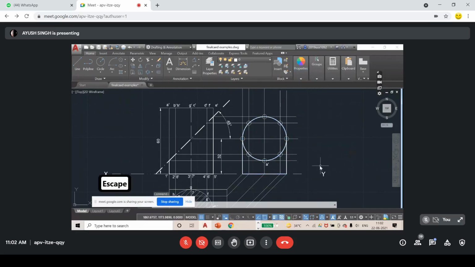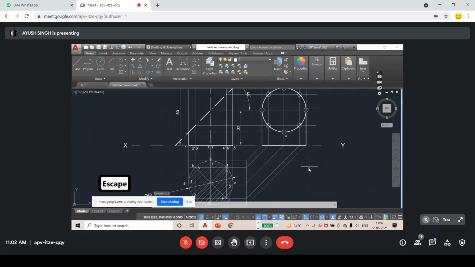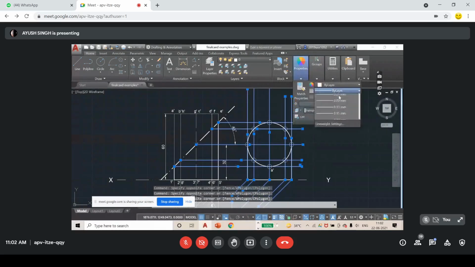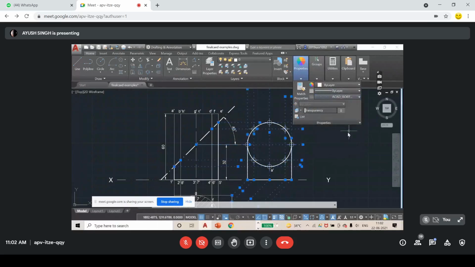I mean increase the line weight. I have increased the line weight, and I am going to change these line types to dot dot. You know why dot dot? We show them by dot dot and increase a bit of thickness.